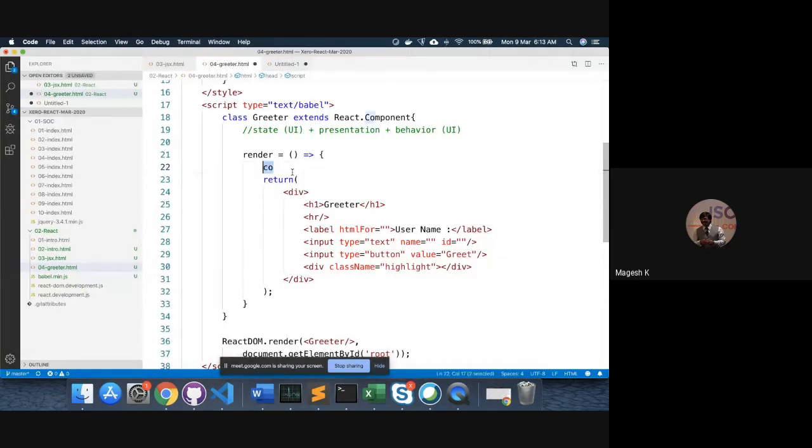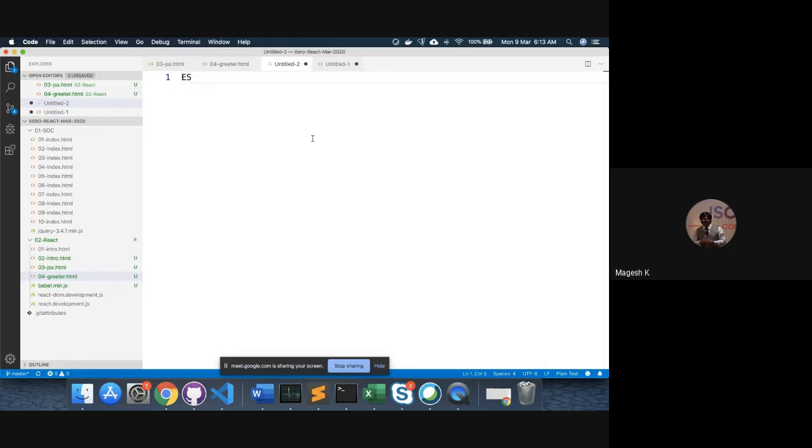Okay. So I'm going to suspend the discussion on this for at least 15 minutes, and then we will look at ES6 features, right? And then we will move on to that greeter example once again. So what is this? What is ES6? So ES6 is a